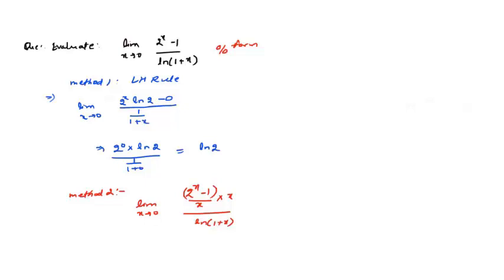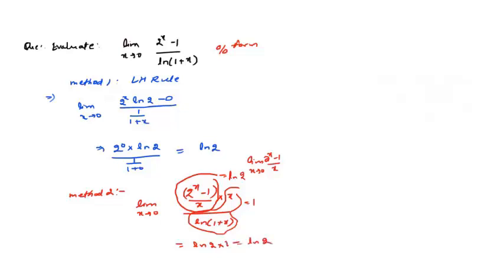Alright, so now if you look at the denominator, this term has converted to limit x tending to 0, a raised to power x minus 1 by x. So this value will directly be equal to 1. And ln of 1 plus x by x will again be 1. So limit x tending to 0, a raised to power x minus 1 upon x, we get it as ln of a. That will be ln of 2. And for the second part, the limit will be 1. So this will be ln of 2 into 1, so the final answer for this will be ln 2.